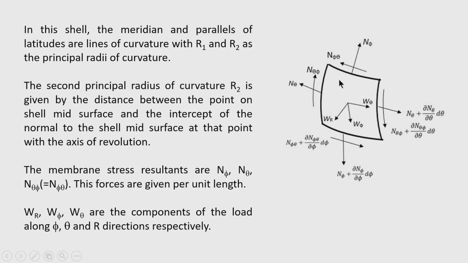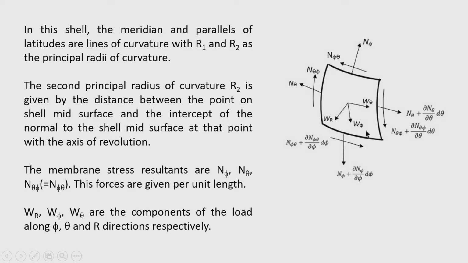Now, if the load acting on the shell is in general W, and W may have any direction of action, that means line of action. So, the line of action of load may be vertical or it may be inclined in any direction, but ultimately for taking the equilibrium condition, we have to resolve the component into three principal directions, that is theta, phi and r. So, the three principal coordinate directions will resolve the load and form the equilibrium equations.